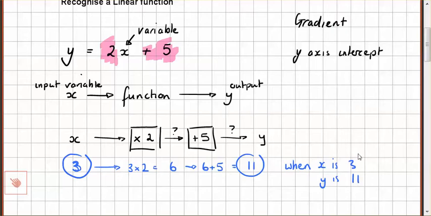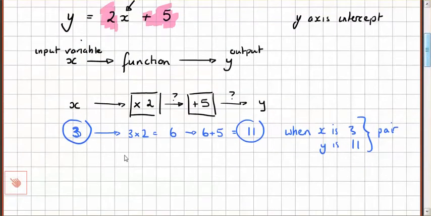So these are what we call a pair, right? The pair of numbers that go together, but only with this function. If I change the function, that x will not give that y. Make sense? So we can do that with any number I like. So if I stick 5 in,